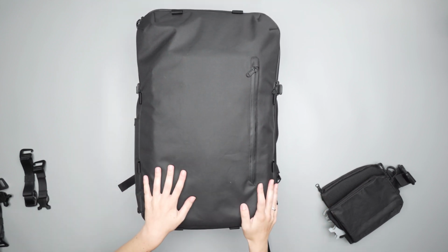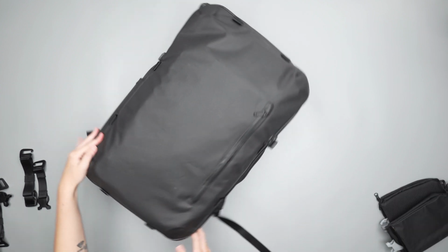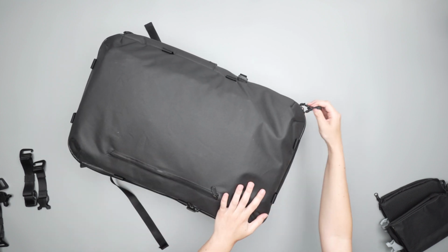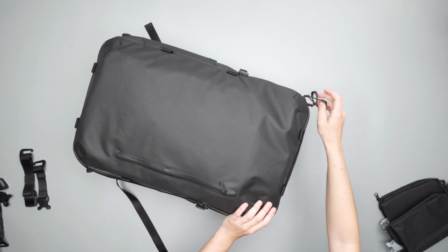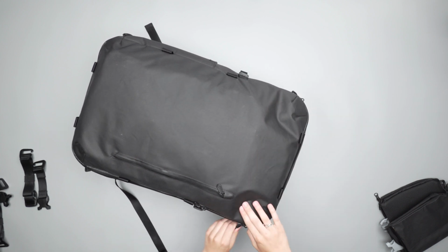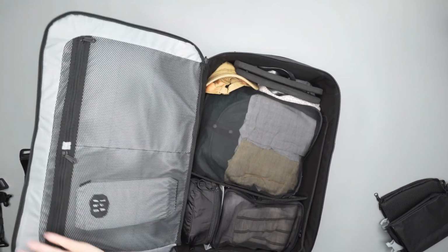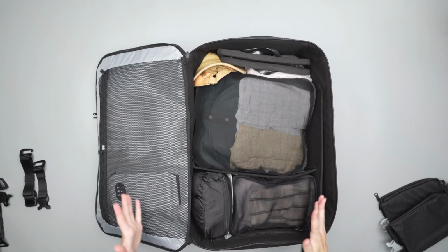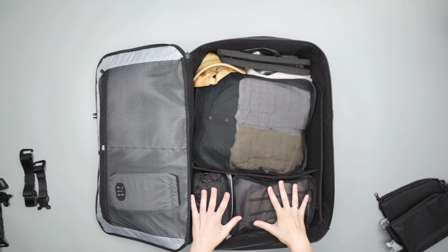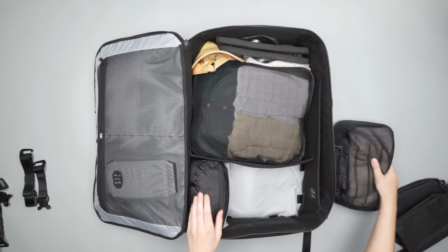So we will get into the inside as well. The inside of the bag itself is accessible through these zipper pulls on the side. So this actually opens up in a really solid way, just full clamshell, easy to pack, you're good to go. I've got packing cubes in here, but it depends on how you want to pack it out. So taking these out as an example,